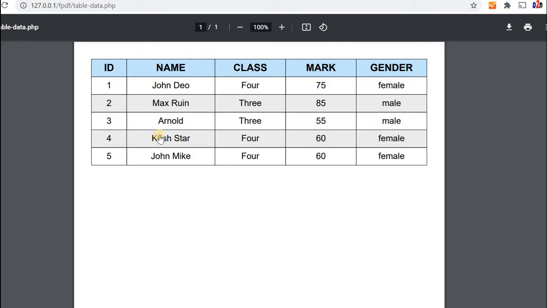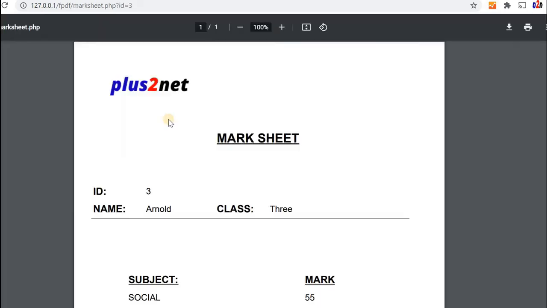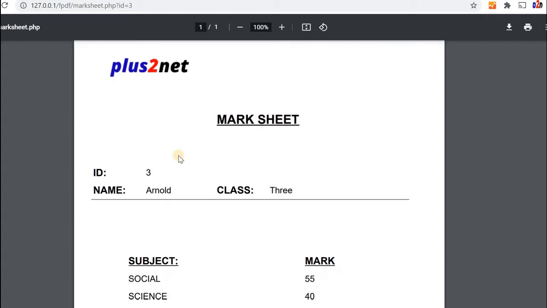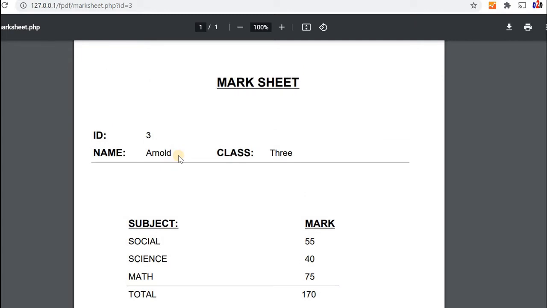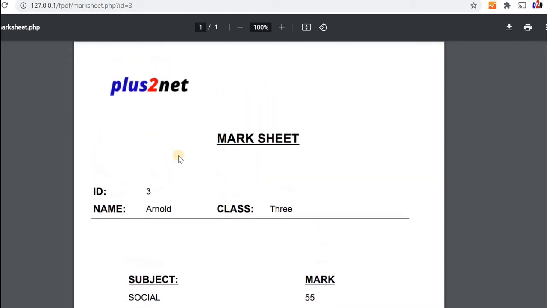Hi friends, in our previous video we displayed this table with 5 or 10 records. Now we have added one hyperlink to the name column. When you click a student's name, the same student ID will be carried and the detailed marks obtained in 3 subjects will be displayed. This data is taken from the MySQL database and the mark sheet is prepared dynamically. We'll see now how to do this.